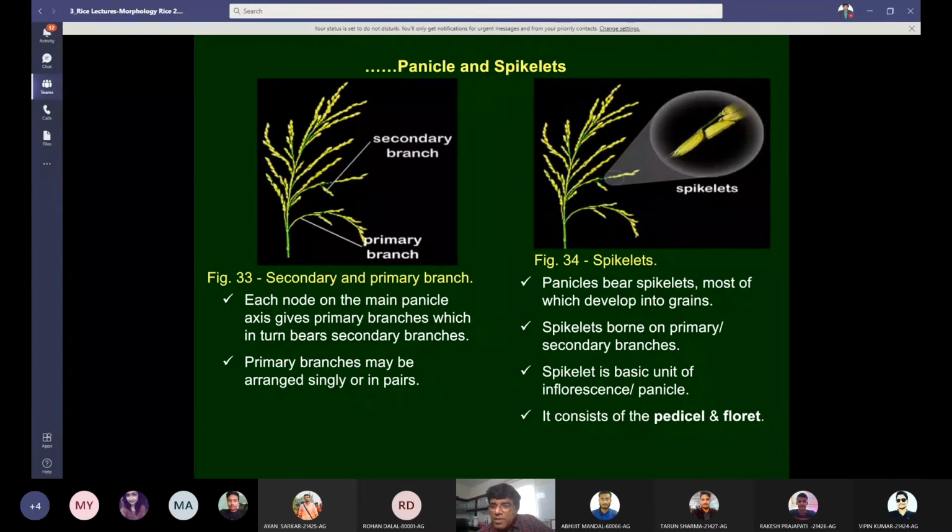For example, you have a compound leaf. In a compound leaf, the leaf is one, but you have several small leaves on it. You have seen many leguminous leaves, which are compound leaves. They have many leaves on one leaf.